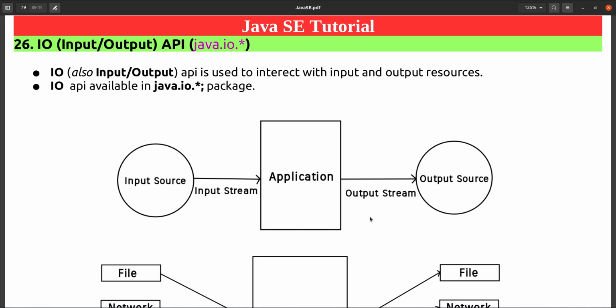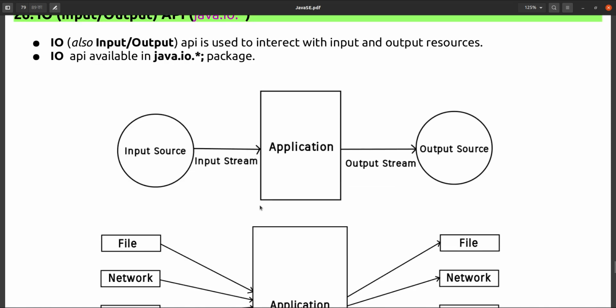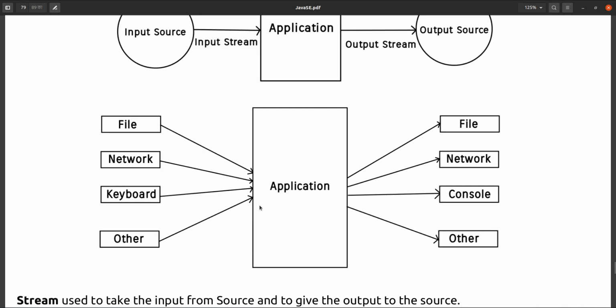So there is a relation here, and from this diagram you can see that your application uses the input stream to take the input from the input source, and uses the output stream to give the output to the output source. From this diagram you can understand very clearly that an input source can be anything.